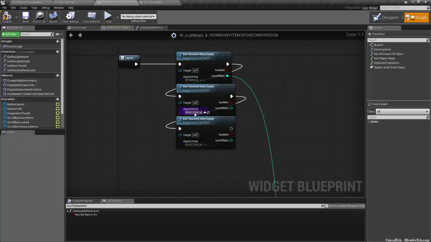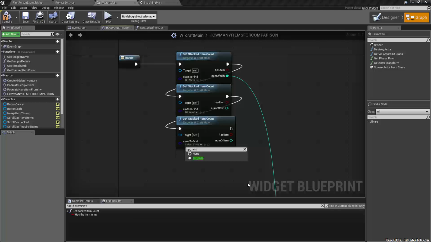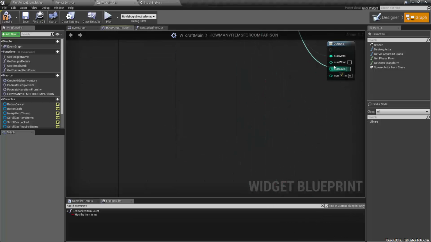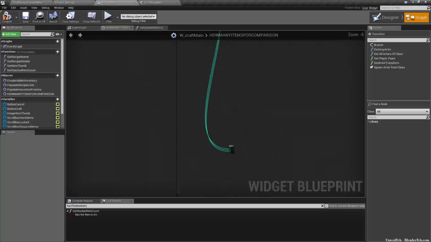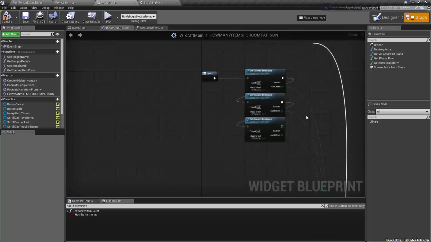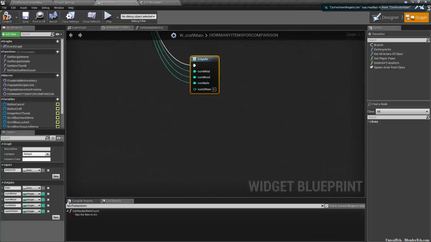So the next one will be wood, so BP wood. And the last one will be BP nails. So number of items for wood goes down to wood, and nails goes into number of items for nails. So that's input and output. And we'll connect the output execution to the last function output there. And we can get rid of that one I accidentally created, number of item. Alrighty, so